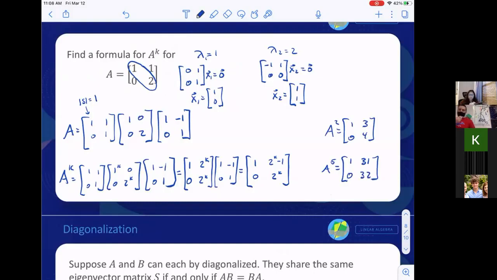Okay, and you could basically get A to whatever power, as long as you can raise 2 to that power. You could get what A times itself 100 times, or 1,000 times, or 1,000,000 times is, by taking 2 to the million, which may sound like a lot. It's really not, compared to multiplying matrix multiplication 1,000,000 times. That would be a lot. So this would be a formula for getting that, so that if we wanted A to the k times some vector, if I want A to the 5th, I put that vector here, and that's A to the 5th times that vector, or whatever.